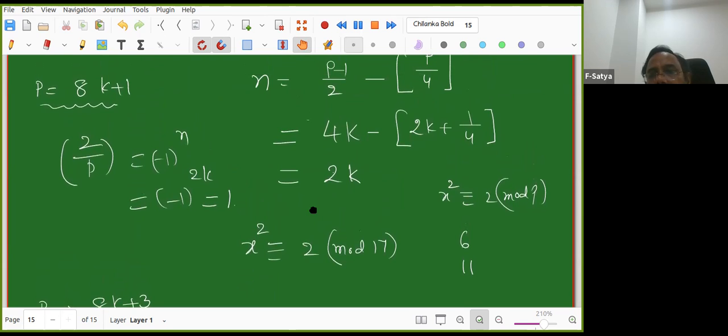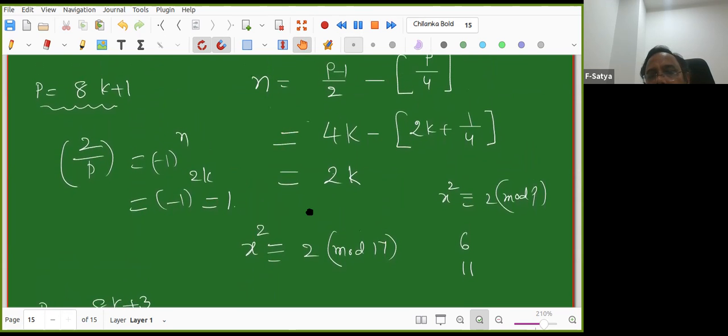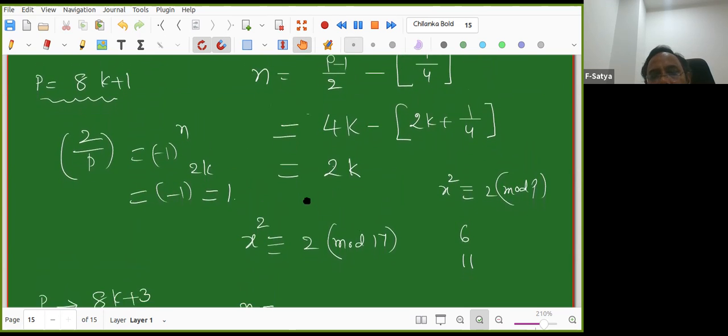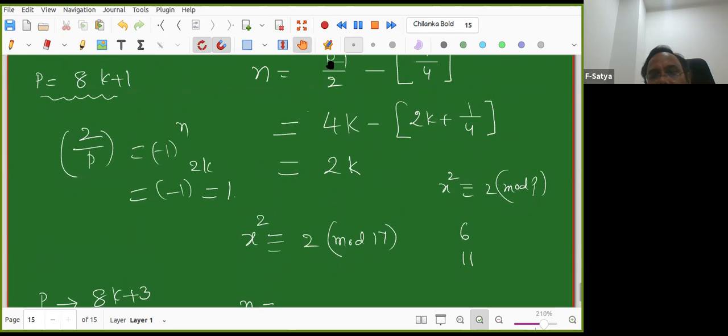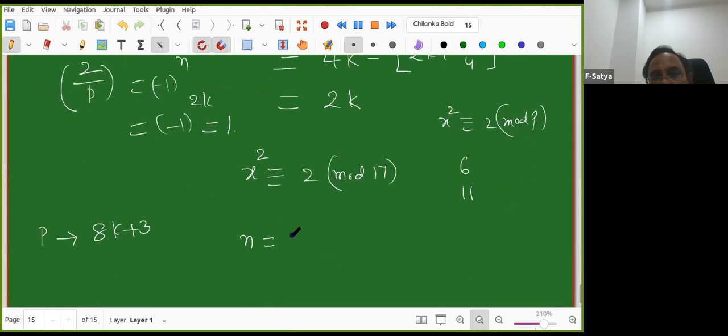Thanks, Vishal. Many thanks actually. I hope you can also compute, right? I request you to compute. You substitute here and check. I hope you agree with me that it is 2k plus 1. If p is of the form 8k plus 5 also, you are going to get 2k plus 1 only. Okay.